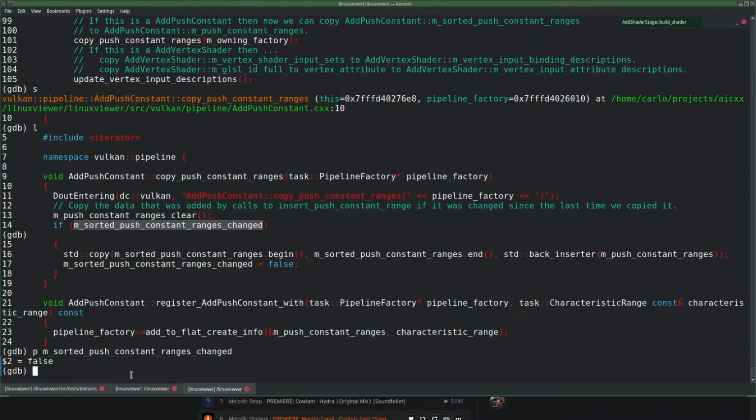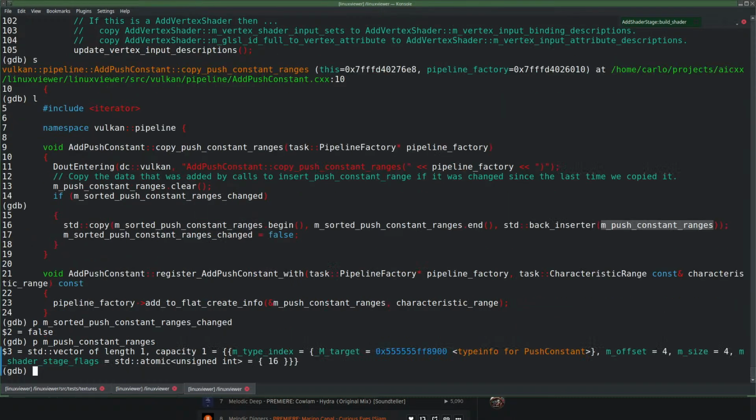Hey, that's cool, yeah, because it is not changed. We're not going to change the push constant ranges. Cool. So that kind of functions as a cache then already. But of course, only for